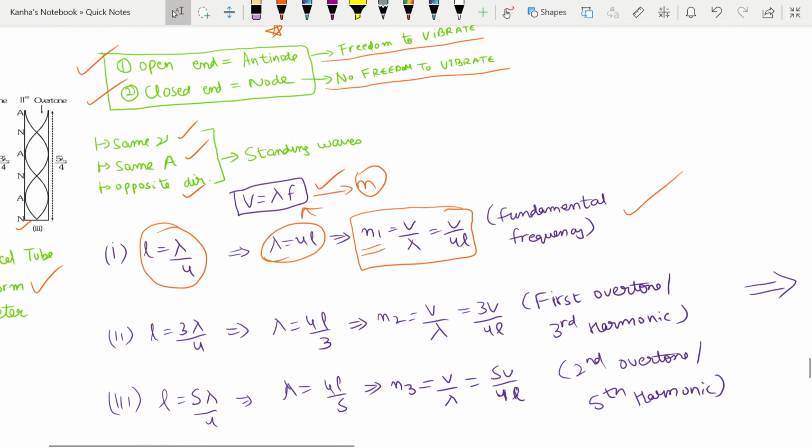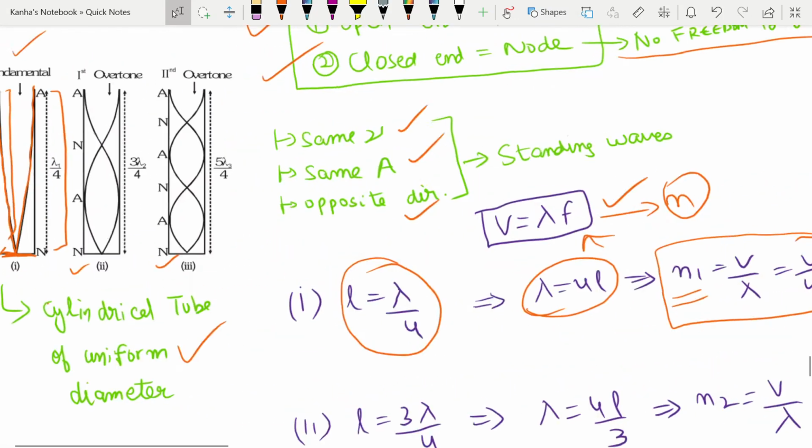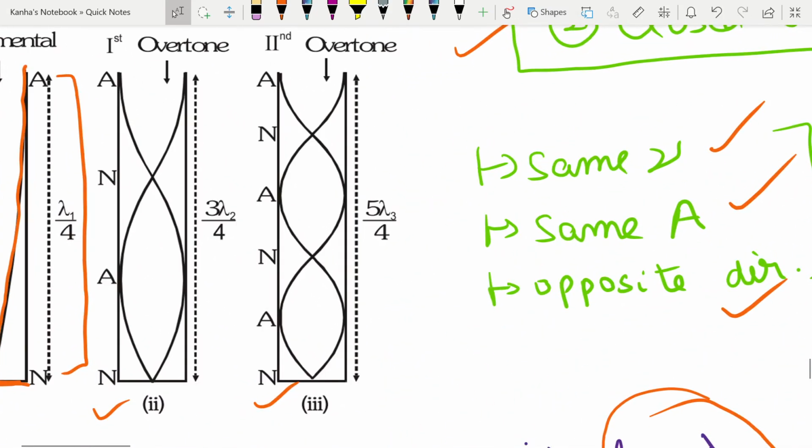Okay, in the first overtone, what happens is, if you look closely here again, you send in your wave, it forms a node here, goes, and it should form a node at the end. Okay, an antinode at the open end. That is all you know. For the first overtone, note that you will have one node in the center. Similarly, for the second overtone, you will have two nodes in the center. So this must be noted.